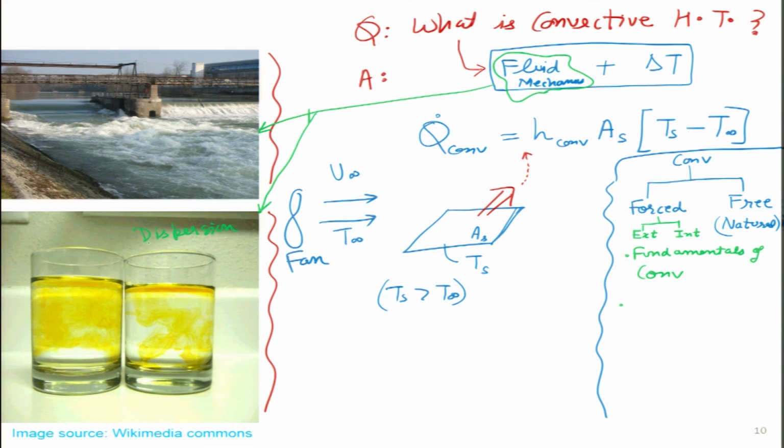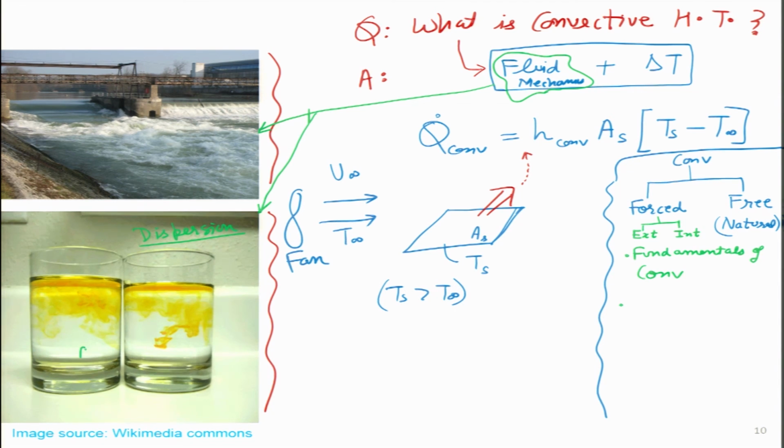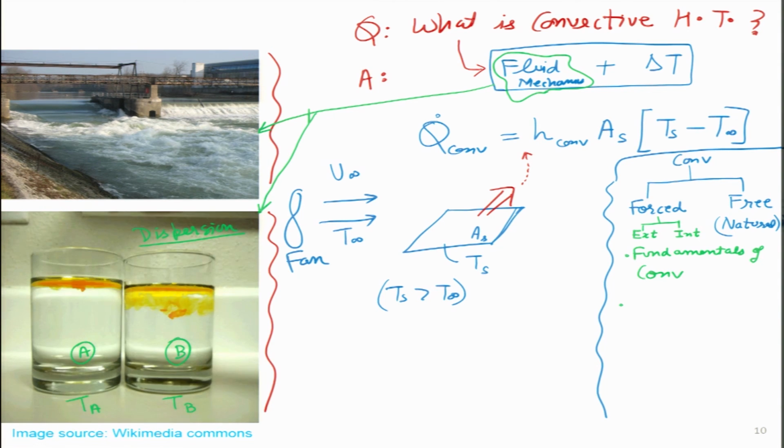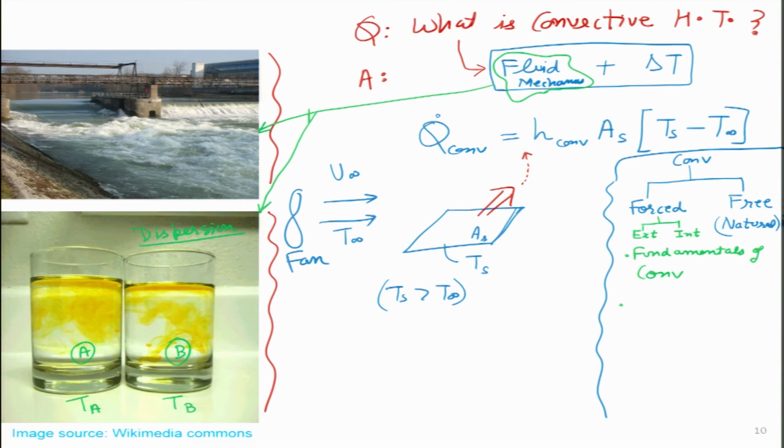So, if I write this dispersion, and let me call this one glass A over here and this one glass B, we will be able to deduce just by looking at this moving picture over here. This is a GIF file, which of them actually has the higher temperature. Believe it or not, just by looking at the dispersion of the yellow color which is spreading inside over here.